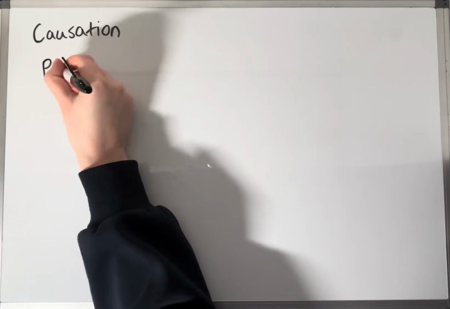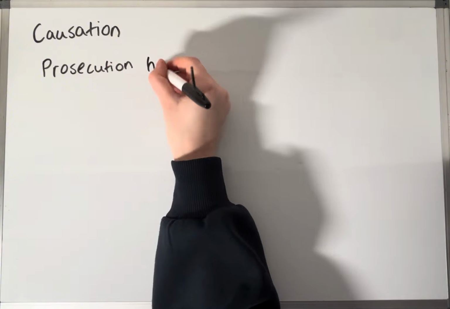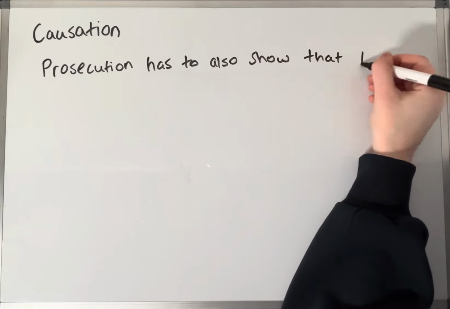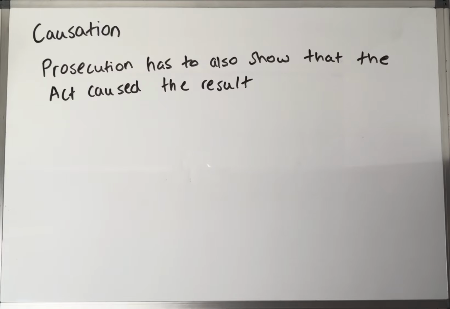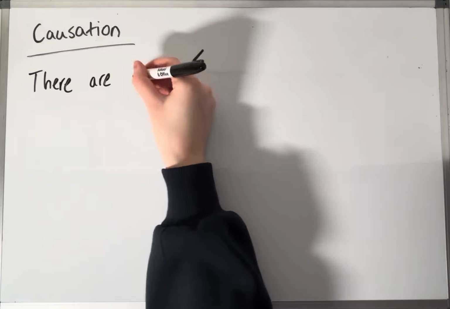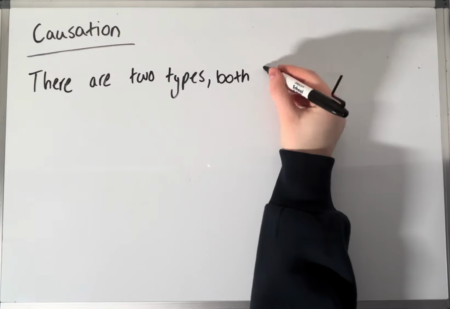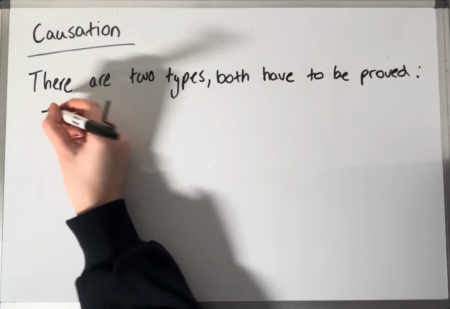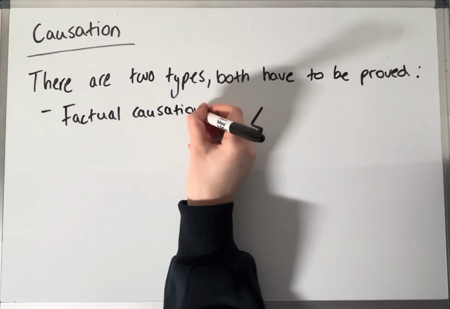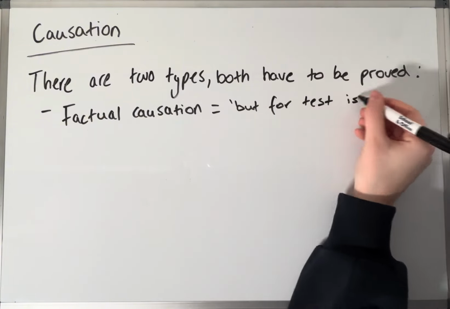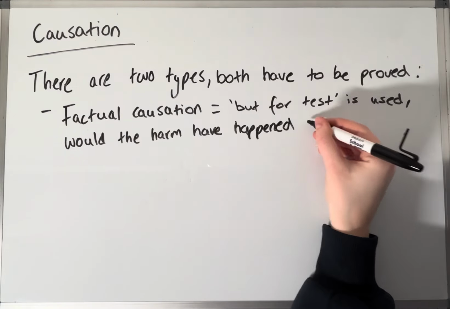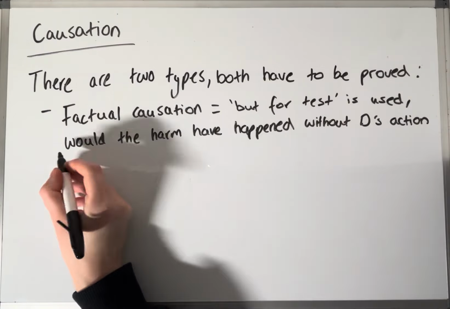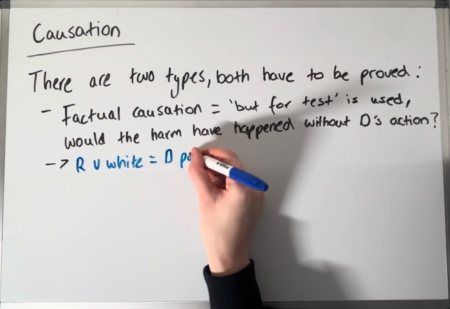Next is causation. This essentially means that the prosecution has to show that the act caused the result. There are two types that you have to talk about, and both of these have to be proved in order for the defendant to be guilty. This is factual causation, where we use the but-for test. So would the harm have happened without the defendant's action, seen in R v